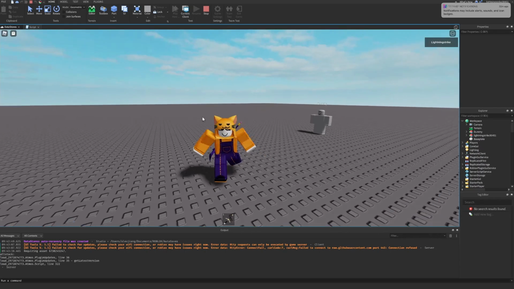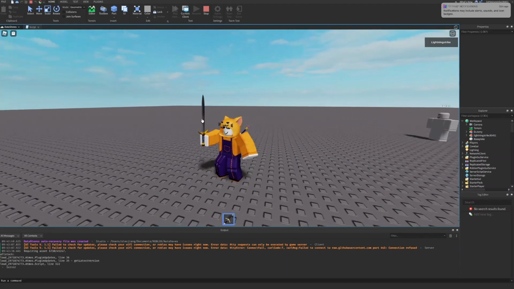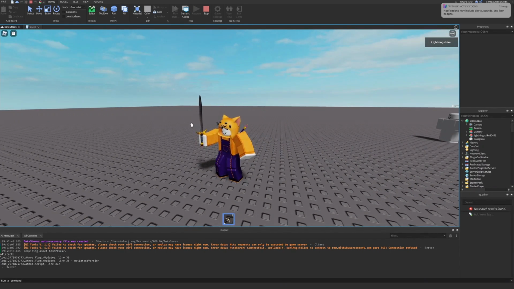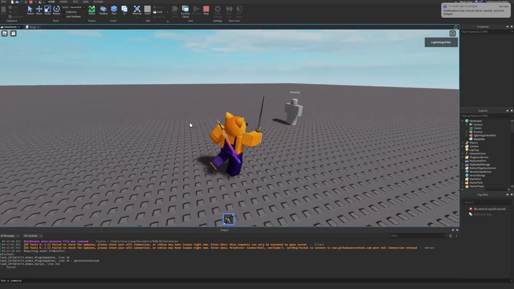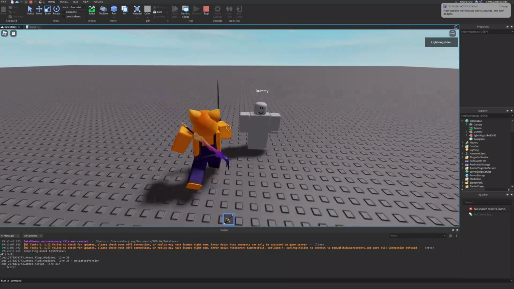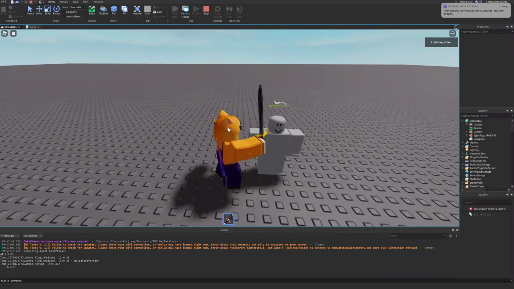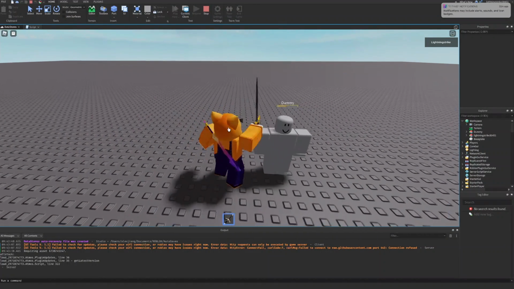Alright guys, welcome back to another Roblox Studio scripting tutorial, and in this video I'm going to show you guys how you can make and script a sword. So this sword is fully automated and has an activatable hitbox, and it will damage players or NPCs when